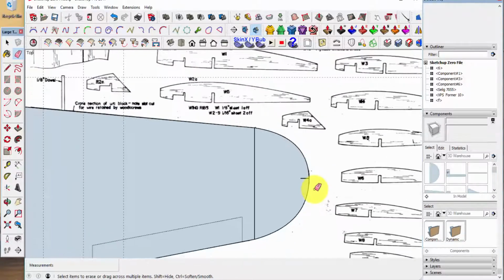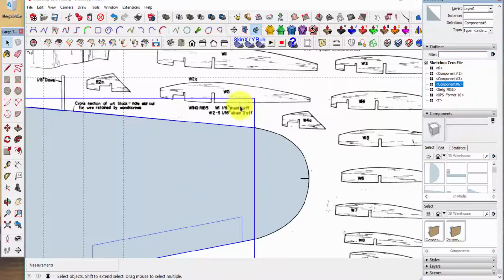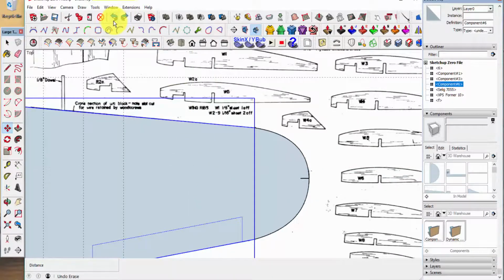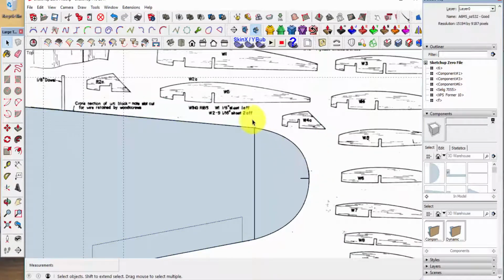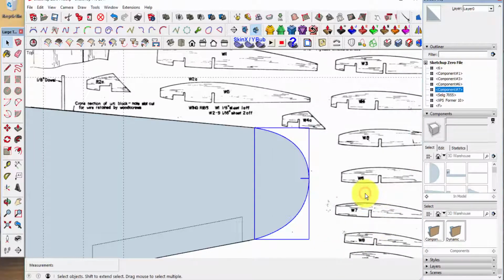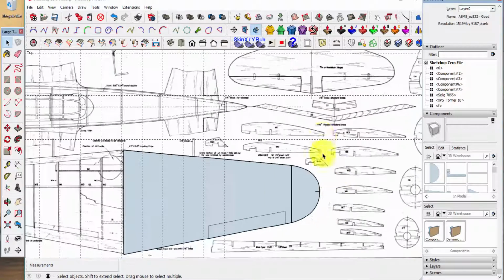I will eliminate that. Now, that wingtip, of course, is not a component, and it's not stuck to this. If I move this, the wingtip is still there. So what we've got to do now is make it a component also, so that we're not messing about with it. So make it an arbitrary component, and now we're done. Okay, we've got the wing